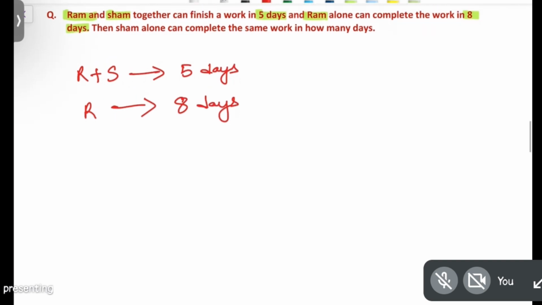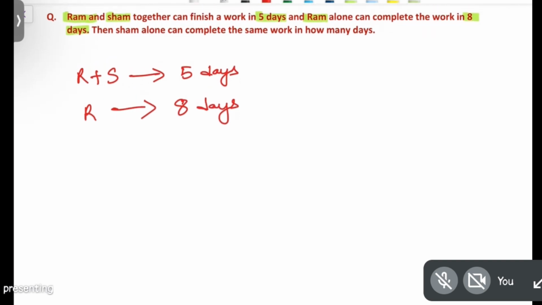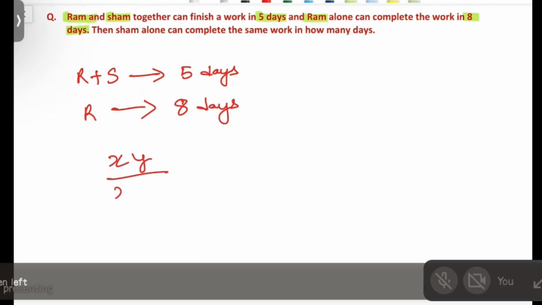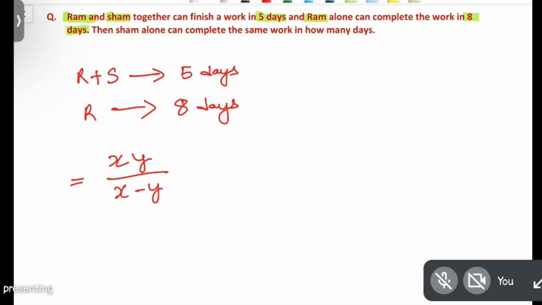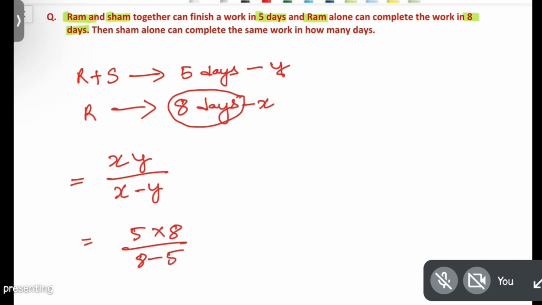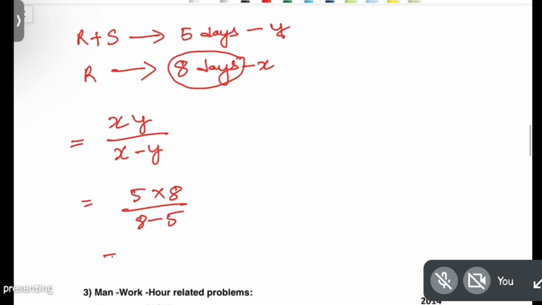So if I am to go by the formula approach, the formula is this one: x y divided by x minus y. So the trick is this one. Always remember, the greater number you take as x, and this will be y. Now 5 into 8 divided by 8 minus 5. So what do we have here? 8 into 5 is 40 divided by